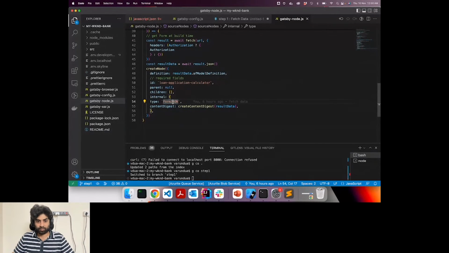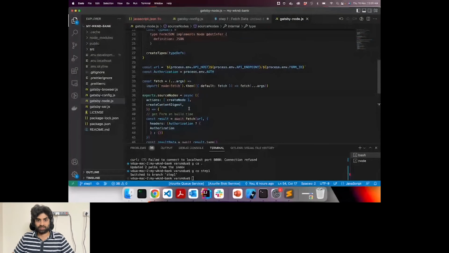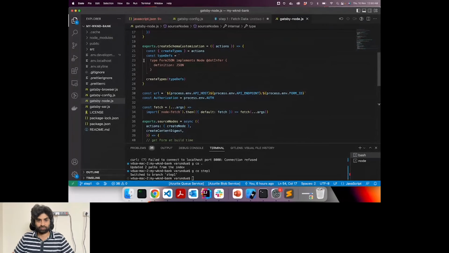Then for that particular type you have to define a schema, a GraphQL definition. In our case, this definition is basically a JSON scalar, since we just want the full JSON. We are not interested currently in filtering it. So that's how you get the data.